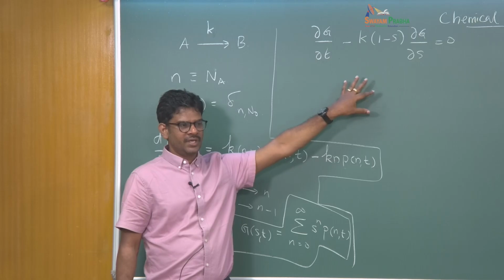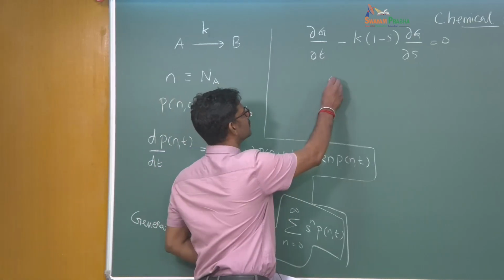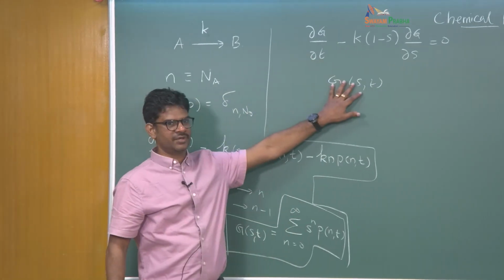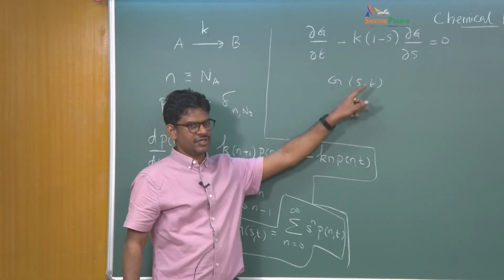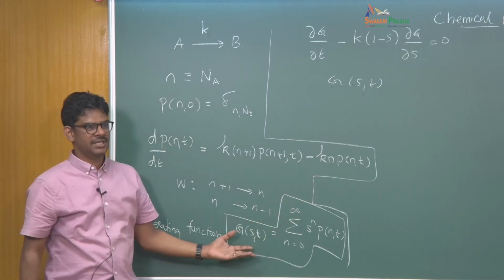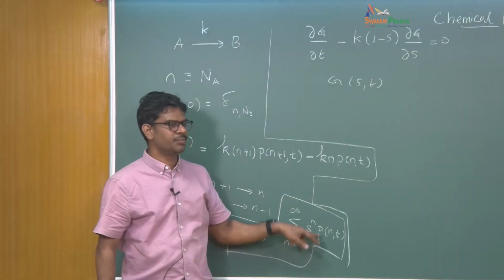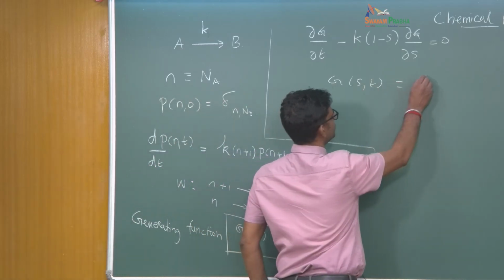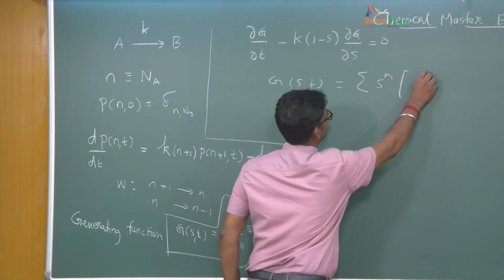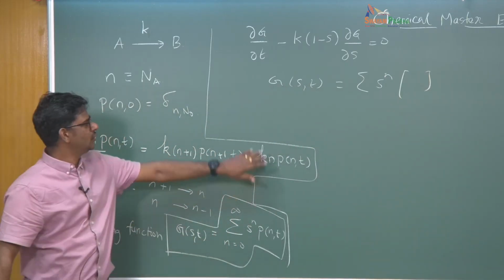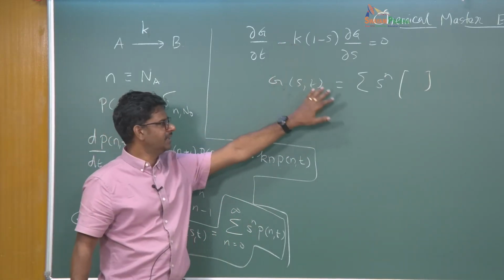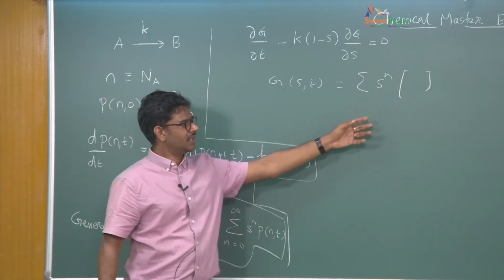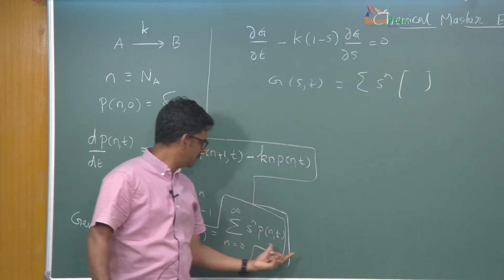Once I solve, I'll get G of s comma t. A solution of this will give me G of s comma t. Then I will look at this function and compare it with this function, and by matching the coefficients, suppose this has some sum over, I'll show you this soon. When you have a solution of G of s comma t in this particular form, I compare the definition with this. Whatever I see in this bracket here should be equal to P of n comma t,